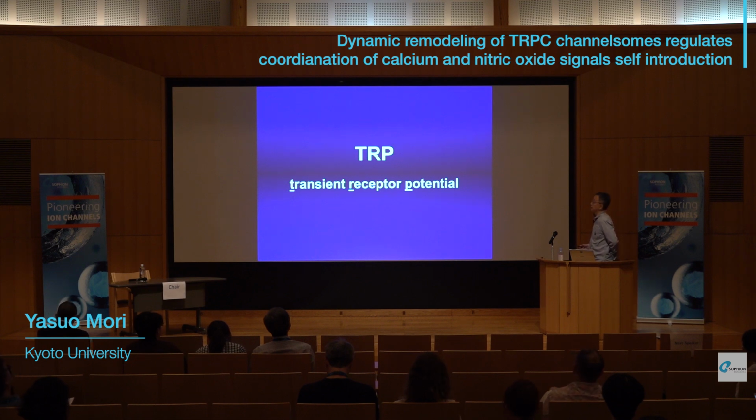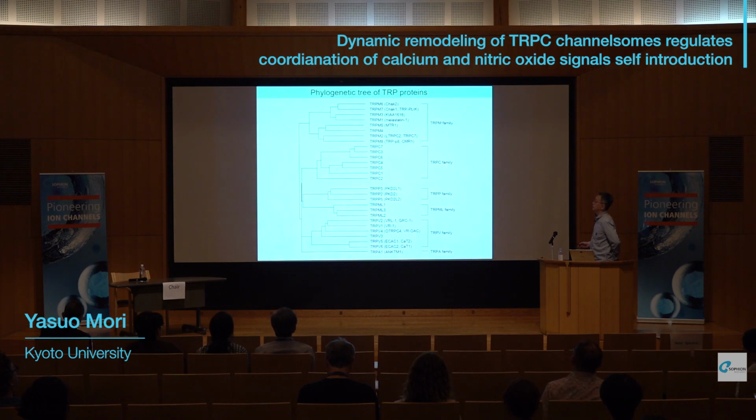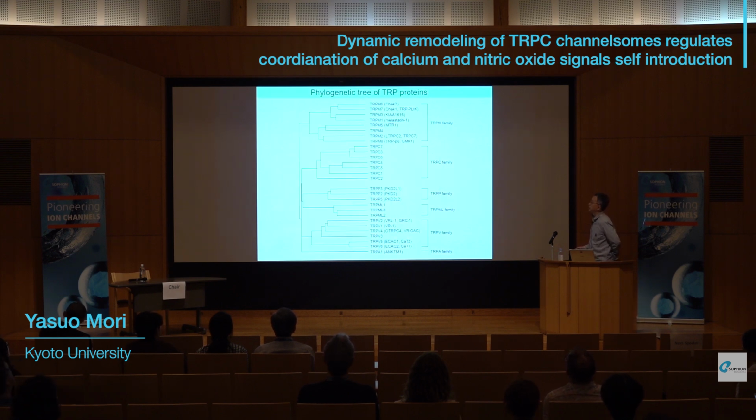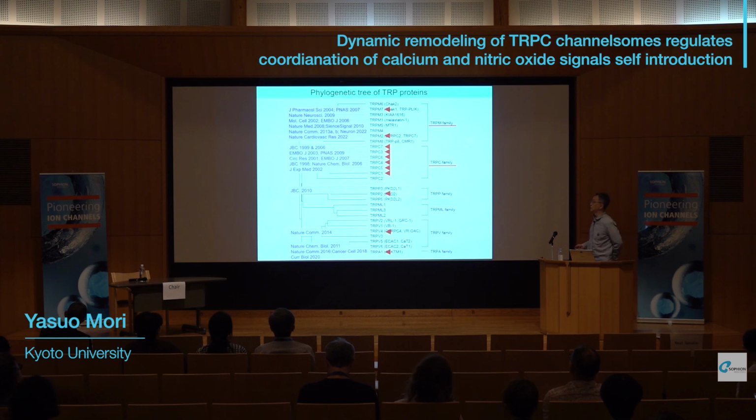Then we have been interested in TRP channels, and TRP channels have 28 members, which are divided into 6 families. They have common structural features like this, as you know very well. We have been mainly focused on the TRPM family and TRPC family, but occasionally on some other TRP channels which show oxygen sensitivity. According to our work and the work from numerous groups all over the world, including some still sitting right over there, we know that there are 2 important functional aspects of TRP channels. One is their calcium permeability, and many TRP channels can be considered non-classical calcium channels.